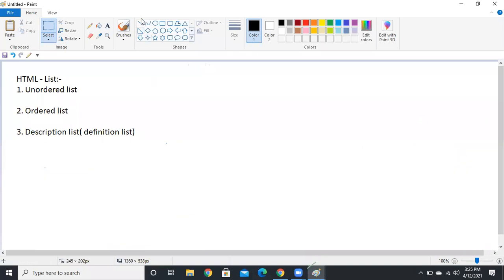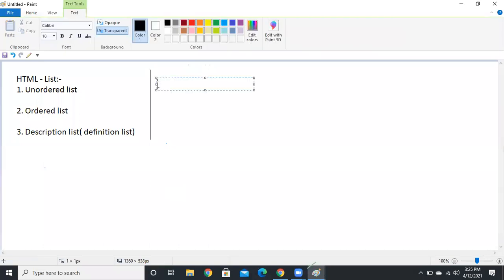Next we have a description list. It's a DL. Here we have a DL. It's a description list. So in the DL we have a DT, guys. It's a description term. In DT we have a DD, guys. Description data.